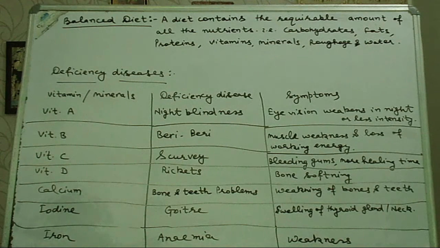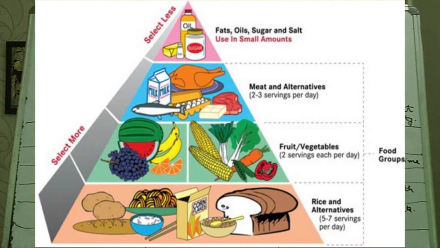It can create so many problems, because our body can digest only a required amount of fat that is needed for our body. Similarly, protein, vitamins and minerals, and some extra nutrients like roughage and water are also necessary for our body. They should be part of our diet. What will happen if we keep on eating one kind of nutrient in our food on a daily basis? Like if someone is taking fast food in more amount, on a daily basis, he is creating so many problems in his body.